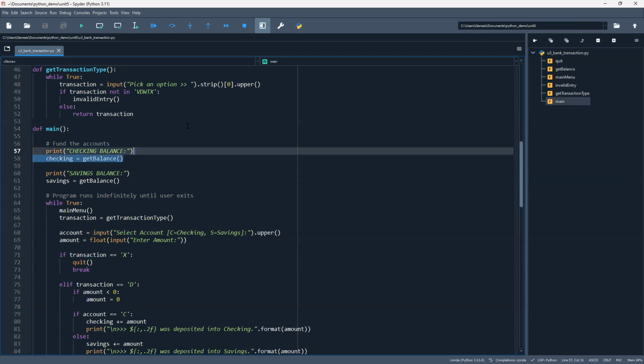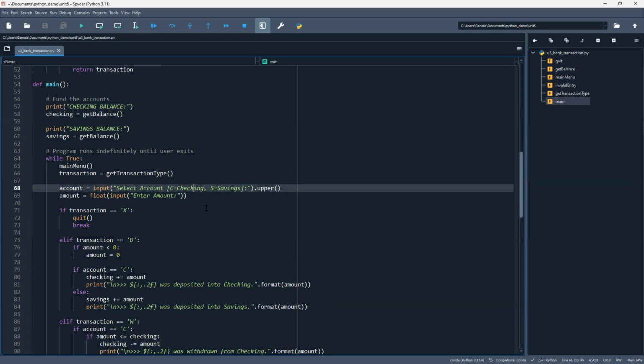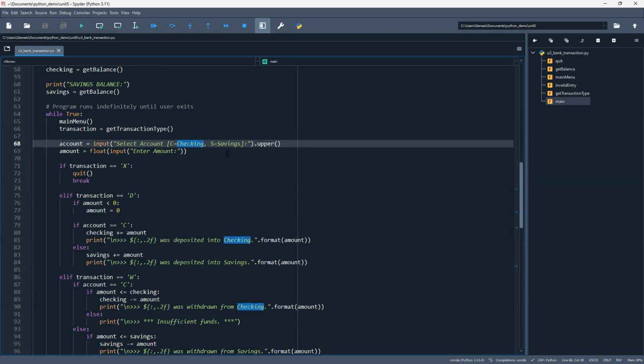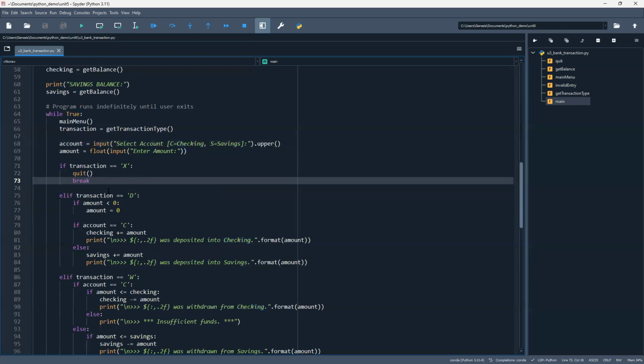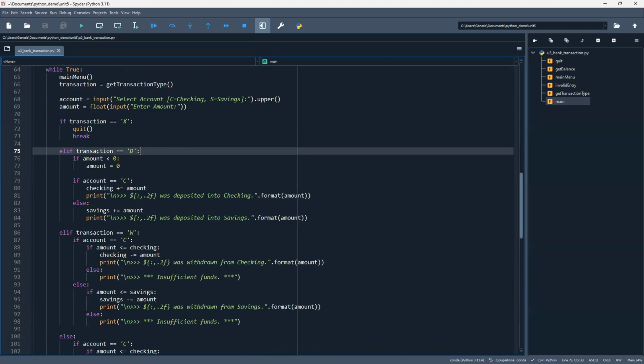Okay, so now we got that transaction type. We check the checking with savings. This part, it's again up to you how we do this. You can do it up here, or you can put it inside the deposit, or a couple of ways to do that. I will probably, let's see, we got the quit, and then we got the transaction. And if it's a D, then we're going to ask the